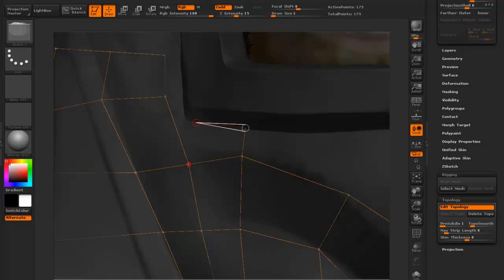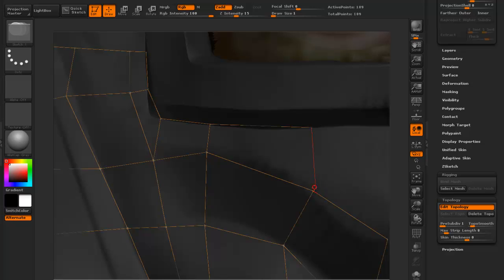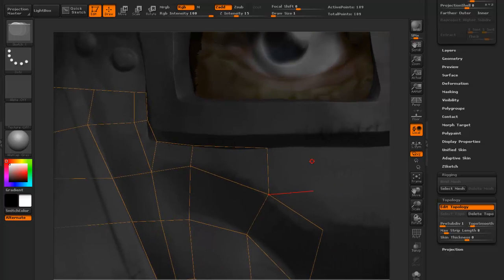All right, but that kind of thing, you'll get the flow of it eventually. But what I want to do is come up along. I want to make sure there's enough geometry here for these hard edges. So by clicking on that, I'm out of that side. I'm going to come back over here, go along the, I missed my spot right there, go along the lower edge of the face, right? So here, there, down. So it's not without its